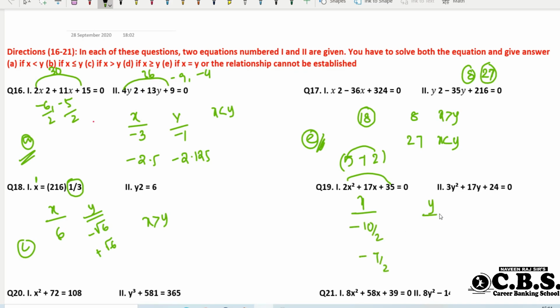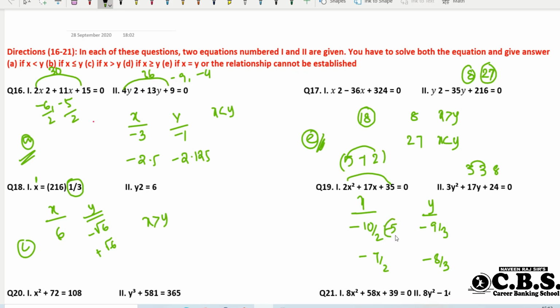You can go for the y value. So it is 3 8s are 24 and 3. So 3 3s are 9. So definitely one value is minus 9 by 3, and minus 8 by 3. Okay, so clear? To answer this question, it is definitely, what is this?